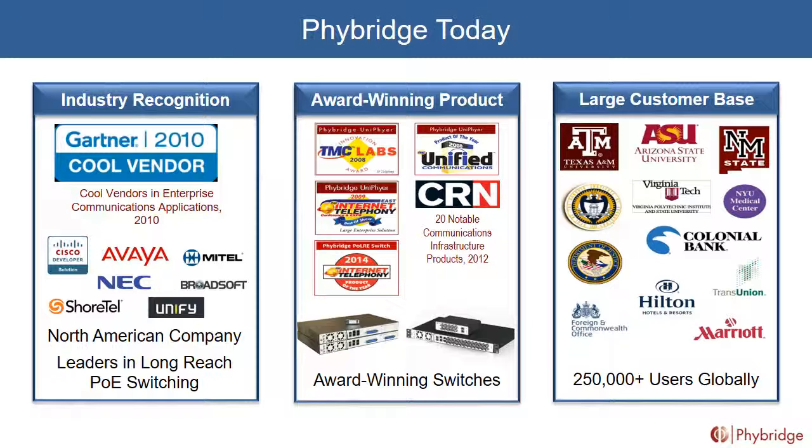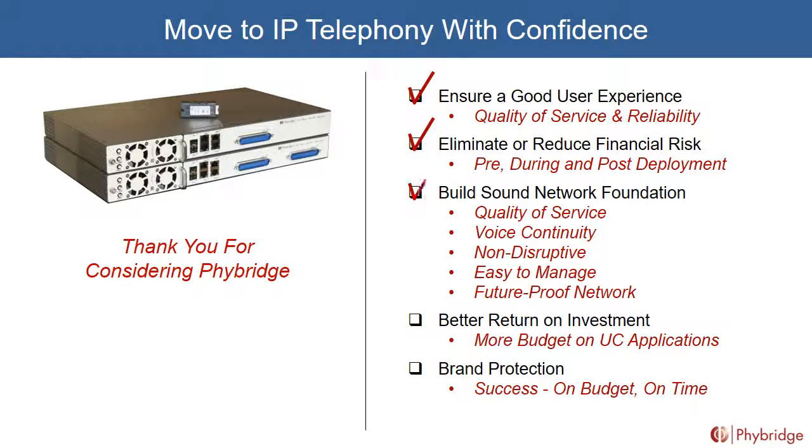Well, as you can see, when a customer is looking to move forward with IP telephony, there are five key components that everyone needs to consider. First and foremost is ensuring a good user experience. They need to have at least as good or better quality of service and reliability that they had on their existing platform. And because we leverage that existing infrastructure, we can guarantee that. We eliminate and reduce financial risk. We know exactly how many phones they want to migrate. We have a cost per switch and adapter, so we can provide the not to exceed pricing for the customer when they're budgeting and planning.